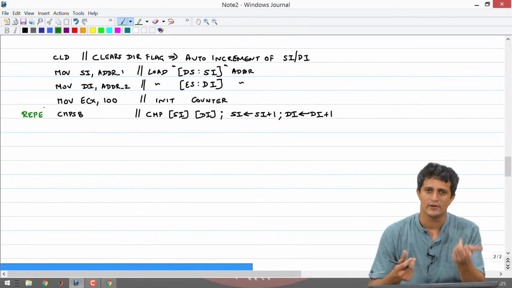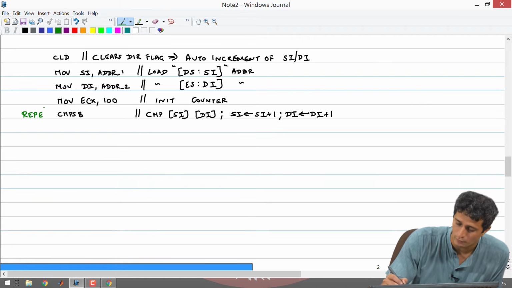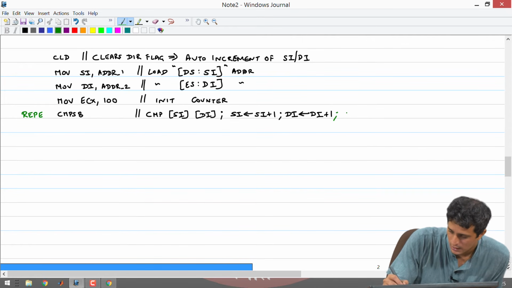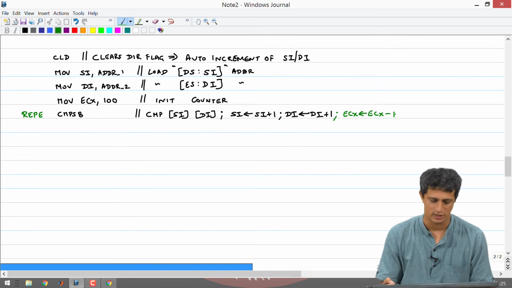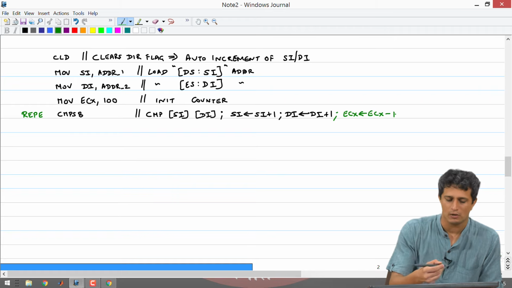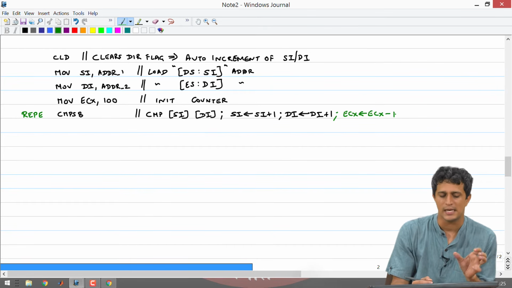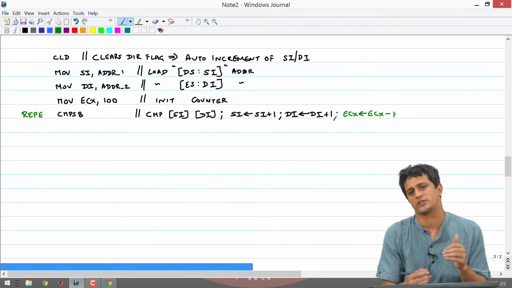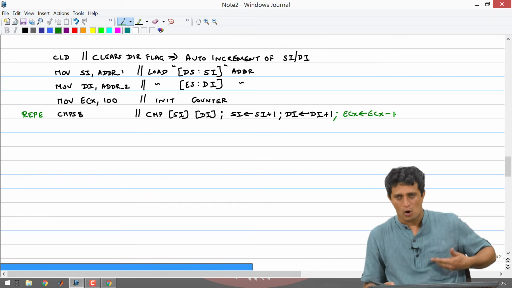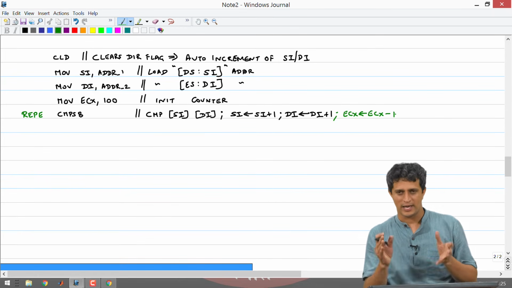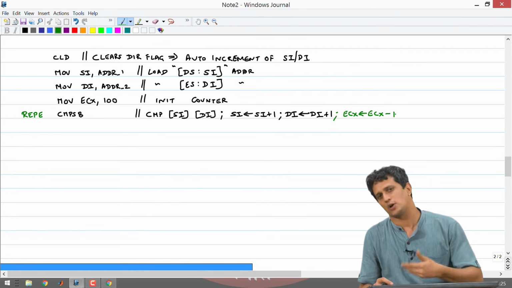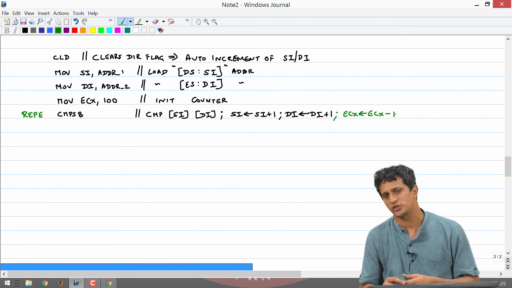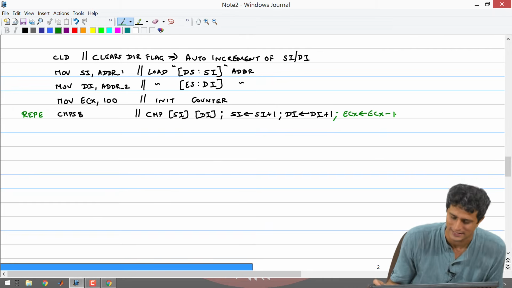the ECX eventually goes down to 0. So now because of my prefix, ECX will become ECX minus 1 after each of these operations. So, by the end when we finish this instruction REPE CMPSB and then proceed to the next instruction, it would have compared all the locations that are the same, and at the first mismatch it would have stopped, or when you are done with all the 100 locations, it means that all the locations match exactly,